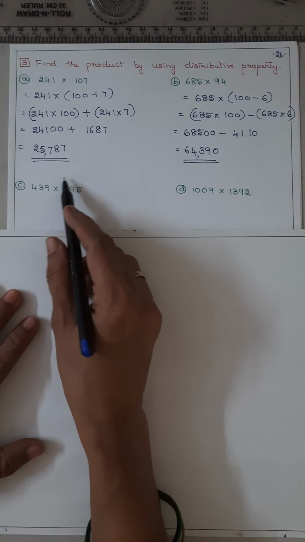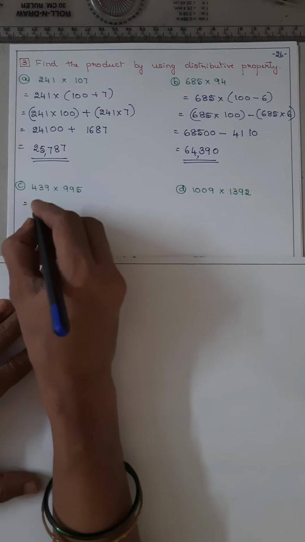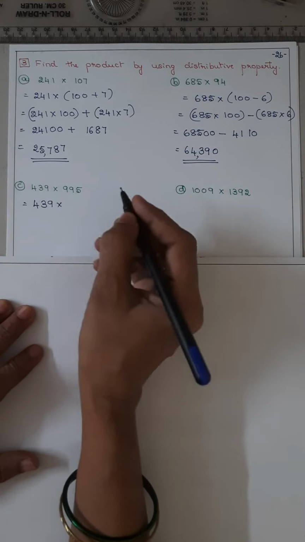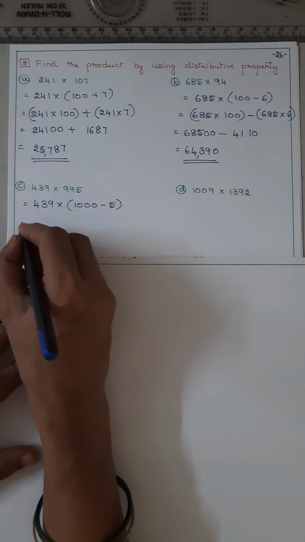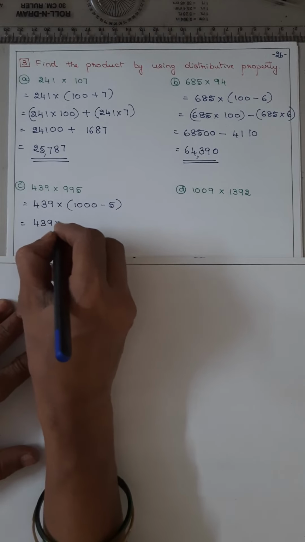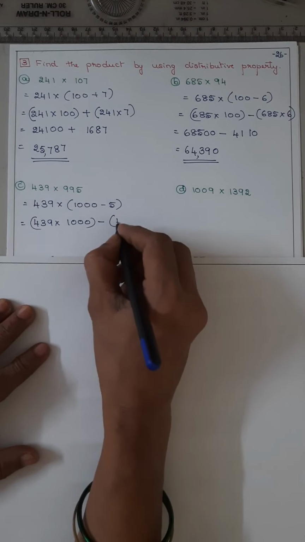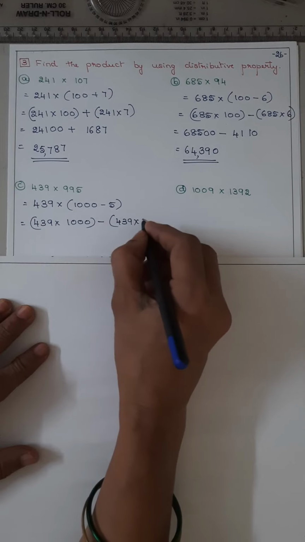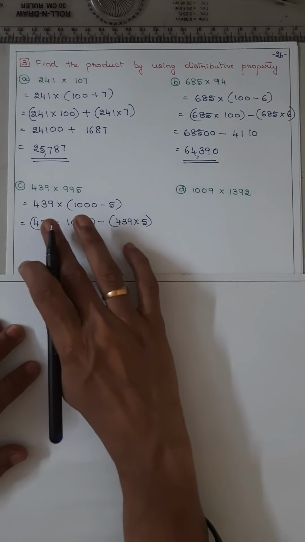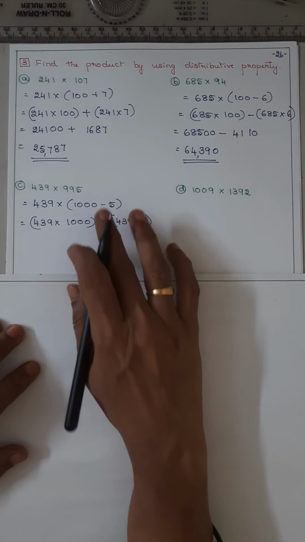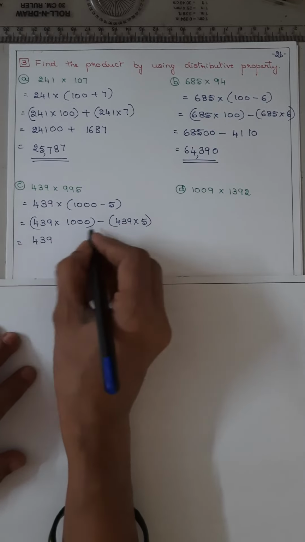So in this 995, you have to split, isn't it? So it is 439 into 995, which can be written as 1000 minus 5. So it becomes 439 into 1000 minus 439 into 5. Hope you are understanding. The 439 is common for 1000 and 5. In between minus sign. Okay, here it will be 439 and 3 zeros